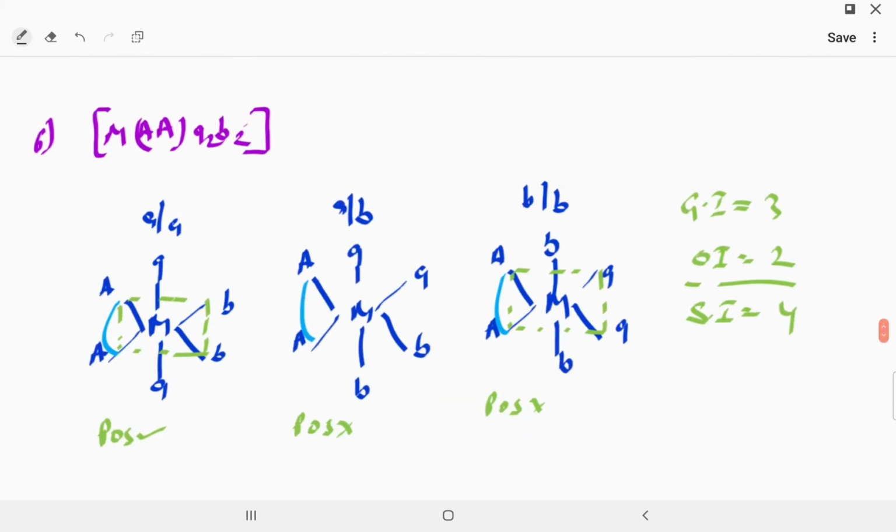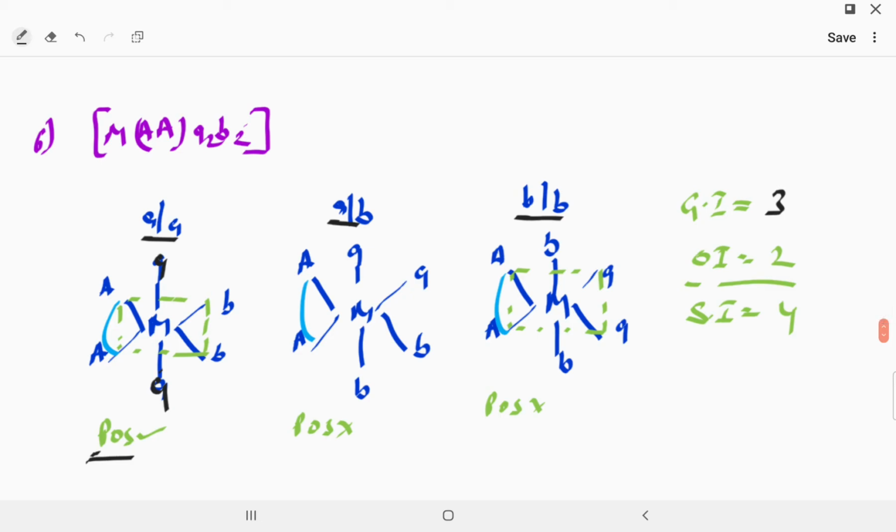Now in the next case, you are able to see MAA A2B2. Okay, in this case they will show 3 geometrical isomers. Now AA trans, AB trans, BB trans. So when we take AA trans, this A and this A are trans. So you can say directly there is a POS plane. This green dotted line is a POS plane. Okay. Please correct this, we can say 3 geometrical. Wait a minute. Okay, we take these 3 geometrical.